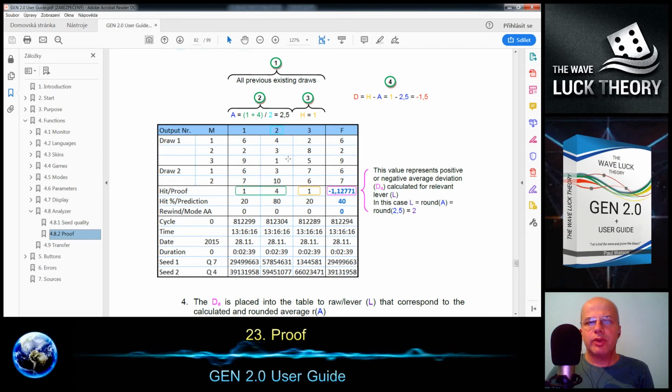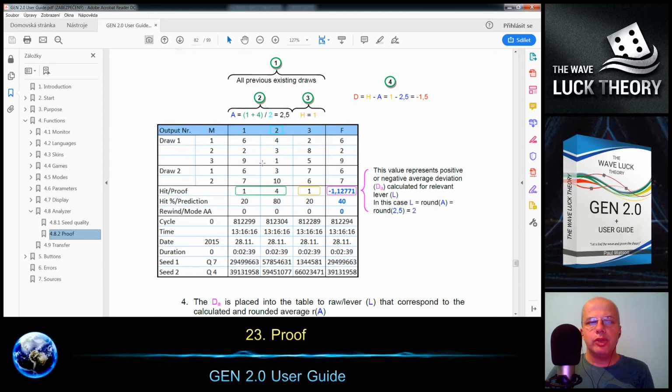At first we go one step backward to the last drawing day where we have the number of hits, and we compare this number of hits with the average of all hits from all previous draws except the last one.